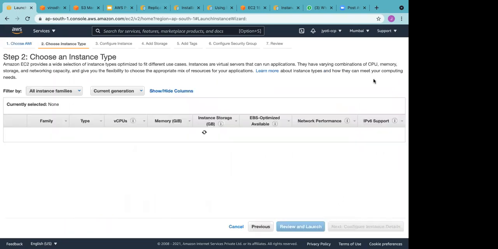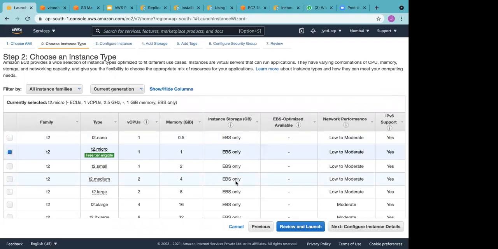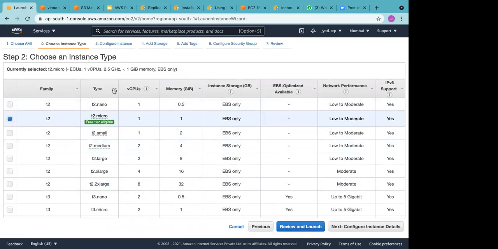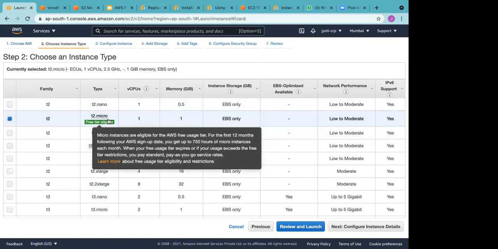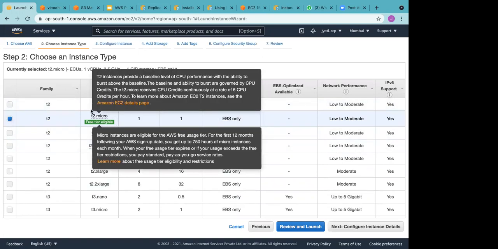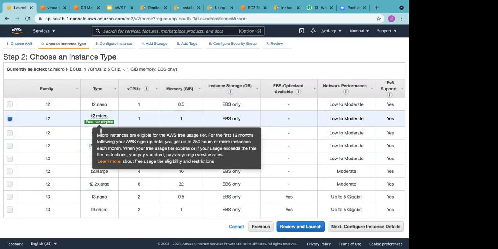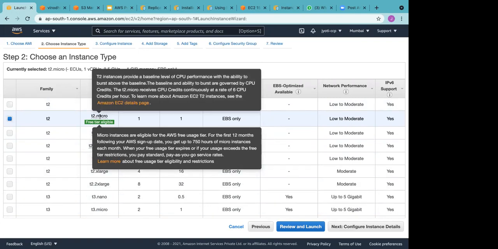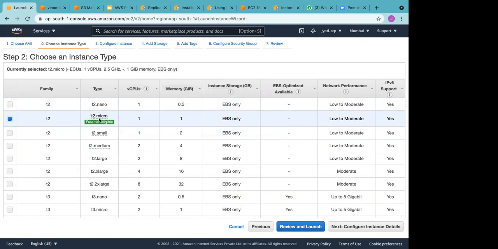Okay. So we studied about instance type, right? Since it's T2 micro, you'll see only T2 types. Okay, you'll have T2 nano, micro, small. In all of these, which is free, it's T2 micro. So that's why I've selected T2 micro only.